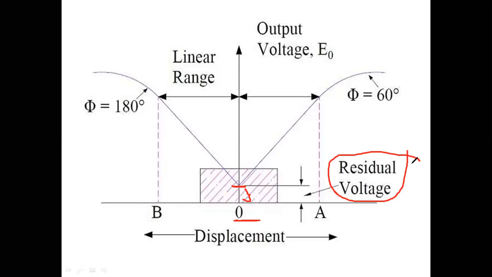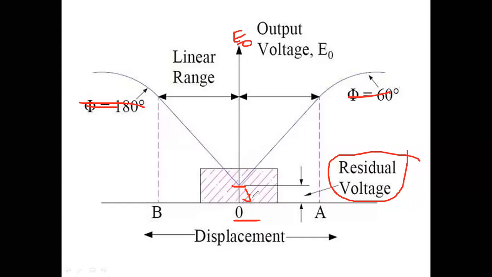Why did this voltage come even when the displacement is zero? The core is not lying at the center position, and this is the output voltage E naught. The core is not lying at the center position due to vibrations, or it may be due to elongation of spring due to temperature